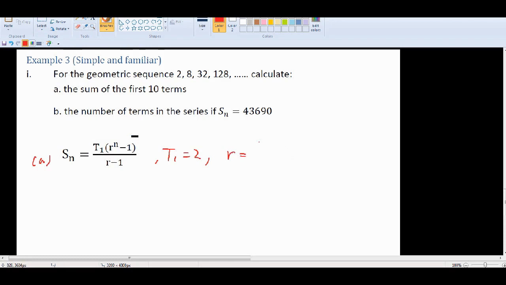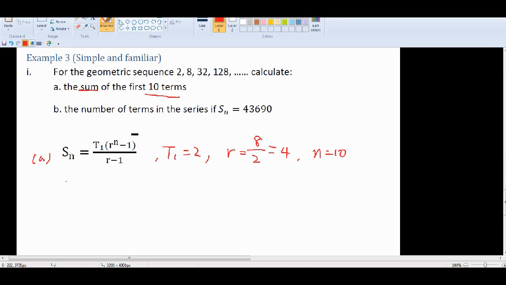When you are going to find r, use second term divided by first term, you got 4. Of course, you are going to find the sum of the first 10 terms, n equals 10. So S10 equals T1, 2, times 4 to the power 10 minus 1,